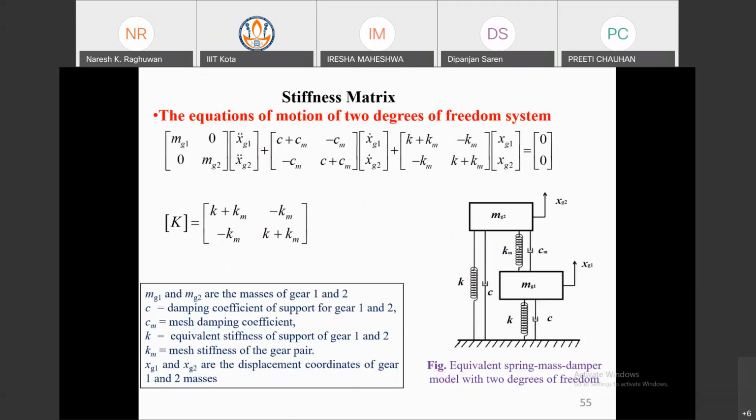With the experiment, you get this system and compare K11, K12, K21, K22. This is the matrix. So K11, meaning K plus Km, equals the value you get experimentally, and this K is the varying stiffness. You have to put in that varying stiffness and you will get the mesh stiffness. Some stiffnesses you know because your system is there, so you know the approximate stiffness, but the mesh stiffness you will not know.